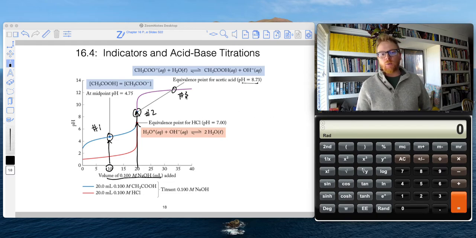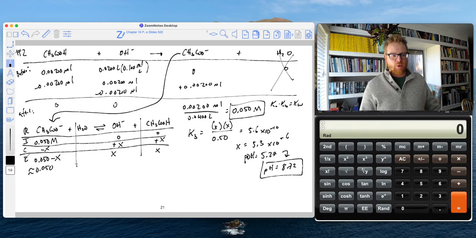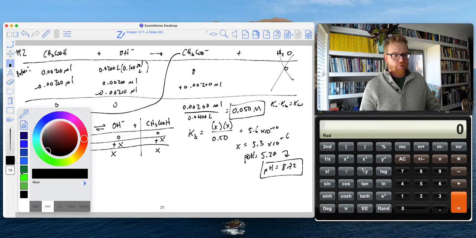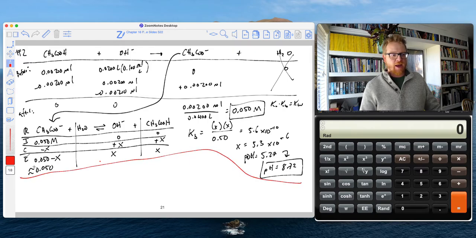Hey, finally, we're going to do this post equivalence point calculation. And just like in those previous two calculations, this is going to be slightly different. Okay, there is going to be some subtle differences. And now, of course, I did not do a very good job of leaving myself enough room, but we're going to try. So I'm going to just draw a little line right here. Okay, so now we'll say